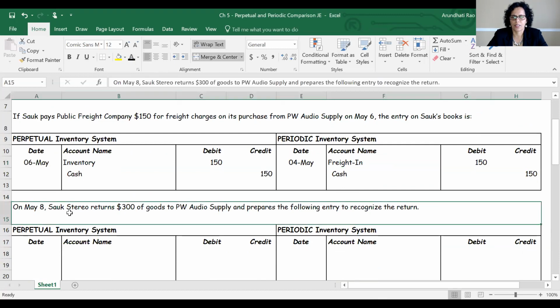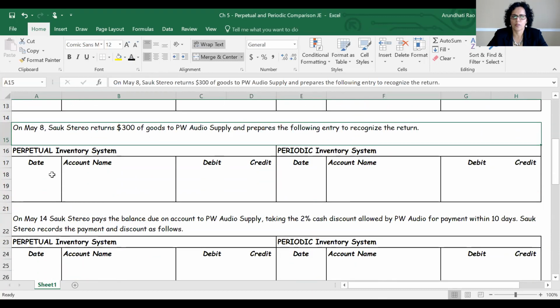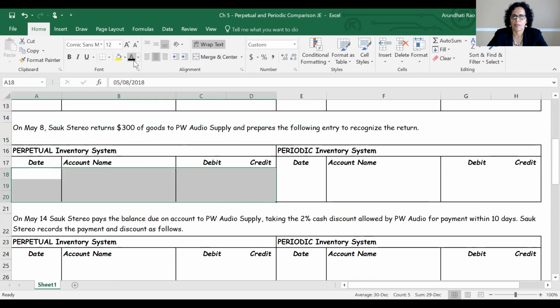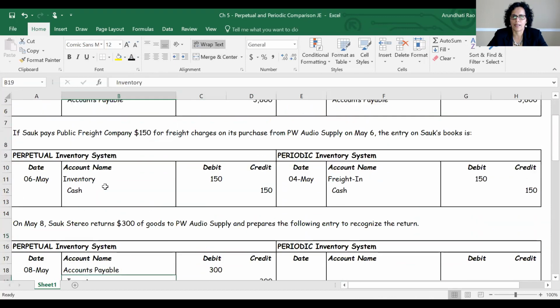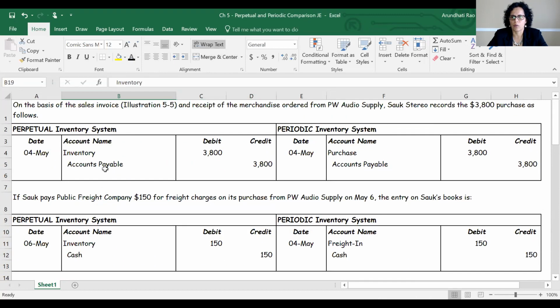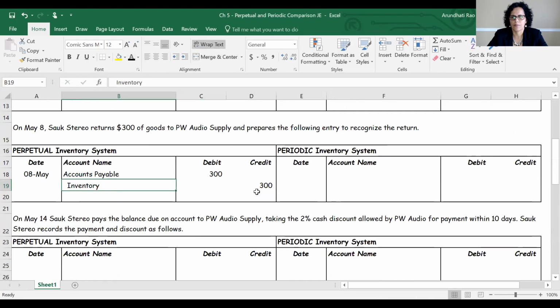The third transaction, the buyer returns $300 worth of merchandise to the seller. So in the books of the buyer, in the perpetual system, the journal entry was accounts payable debit, inventory credit. So basically this first account, we flipped it for $300. Now, in the periodic method,